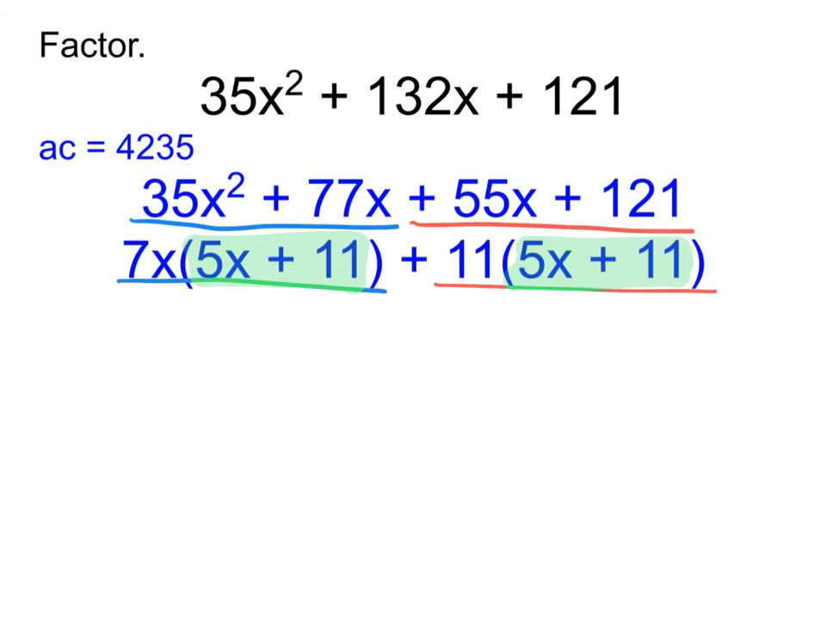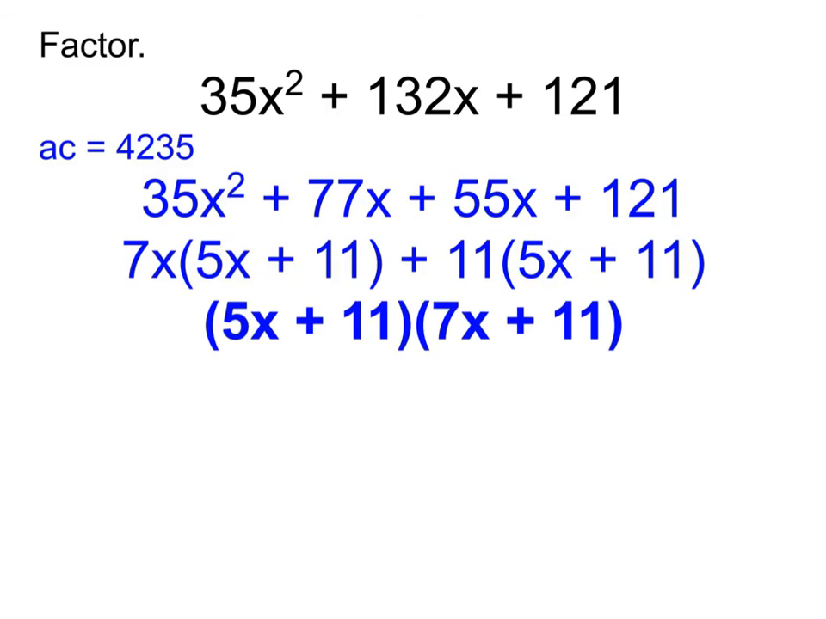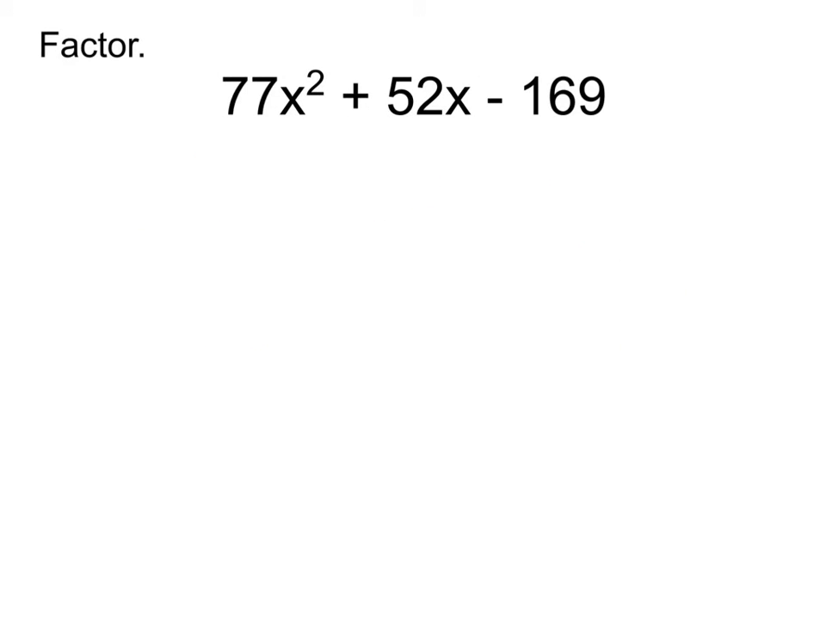All right, and then once I've done that, I pull out that 5x plus 11 that is present in both of those terms, and what's left is the 7x plus 11. So then that's our final answer. So you'll notice in this case, when you multiply a times c, you get a very big number, negative